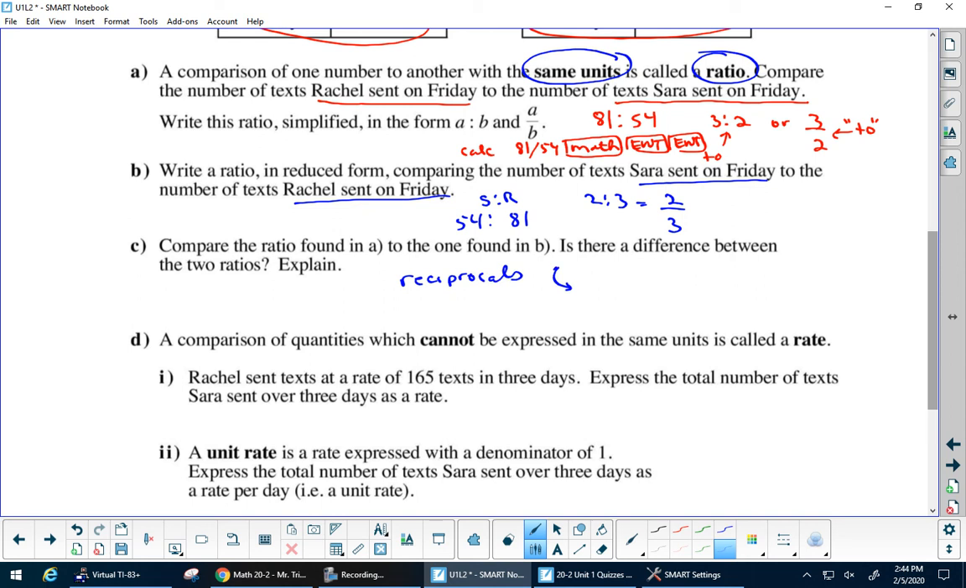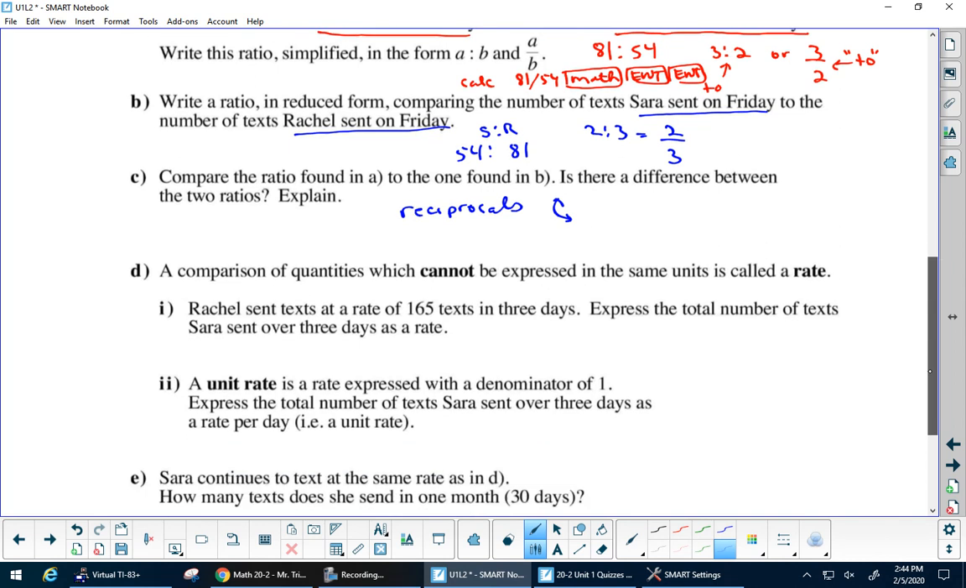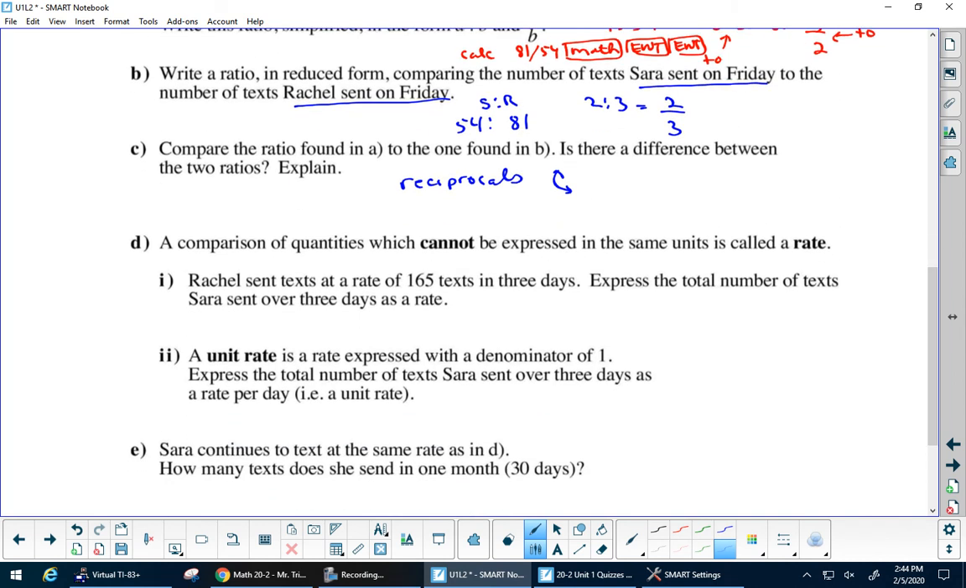So they just flip. The next part is we talk about the comparison of quantities, usually two, that cannot be expressed in the same units. We call that a rate. Okay? So Rachel sent 165 texts in 3 days. Okay? So we would have to write this as